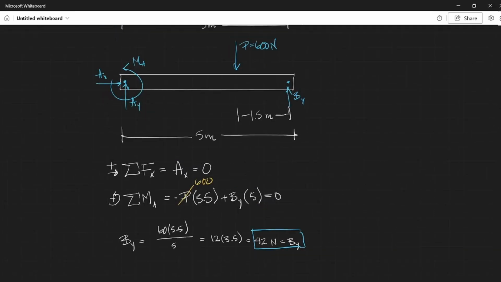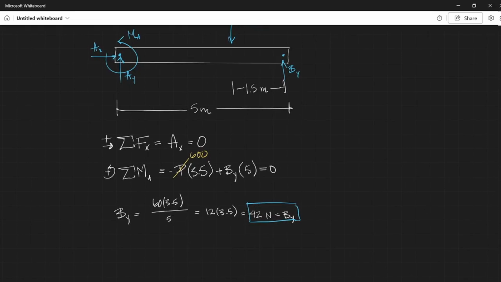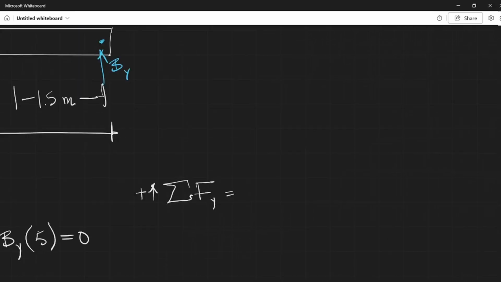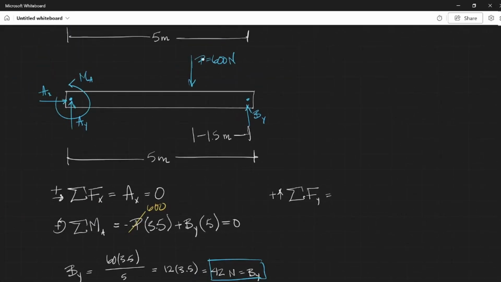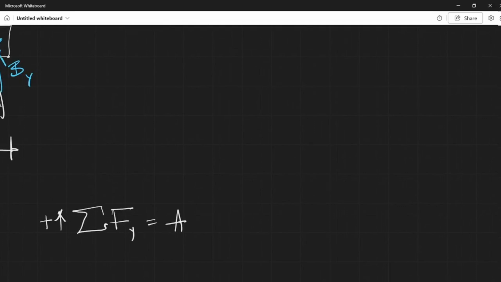What's left? We still need to get AY, okay? So how do we do that? Well, it looks like if we look at the sum of the forces in the vertical direction, similarly, I can define my positive convention just like that. We have just AY, we have this downward force of 600 newtons, and then we have the upward force of BY. So the equation for this is just AY plus BY minus 600, and this must be equal to 0